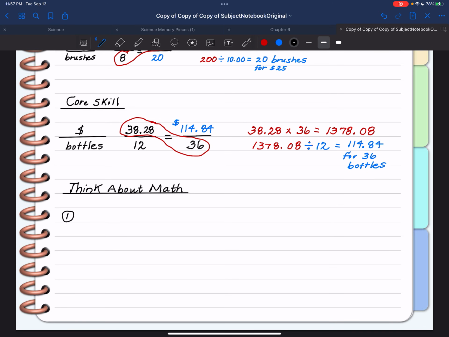Number 1. A small auto company produces 220 vehicles in a 5-day work week. How many cars will they produce in 15 days? So we are comparing vehicles to days. The first thing I want you to check is that you wrote these words down. 220 vehicles, 5 days. We want to know how many they could produce in 15 days. So check your setup, and then you should have drawn a peanut right there. So 220 times 15